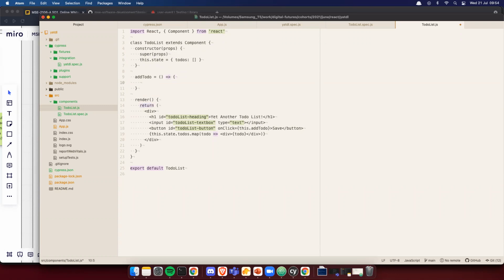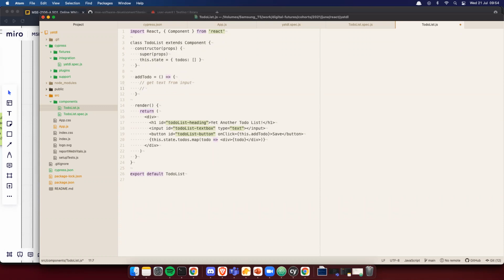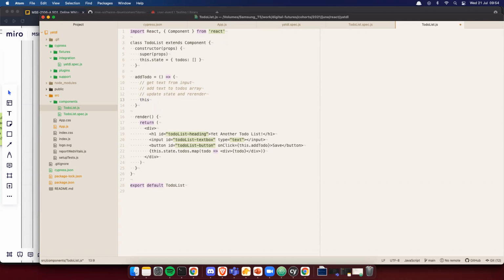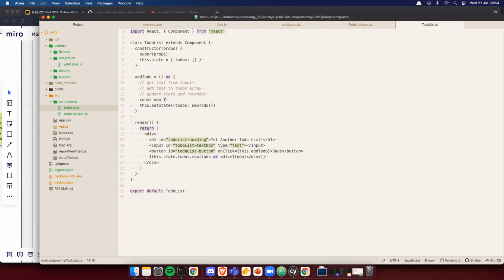What are you going to do? You are going to get text from input field. You're going to add text to the to-dos array, and then you're going to call set state, update state, and re-render. So I guess we're going to finish with this.setState, passing it an object with the new to-do, something like that, where const newToDos